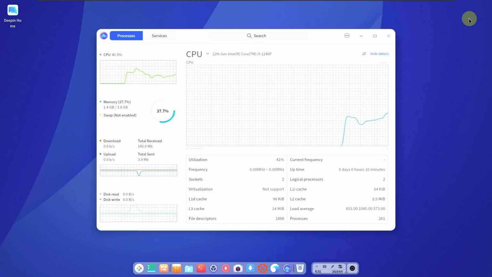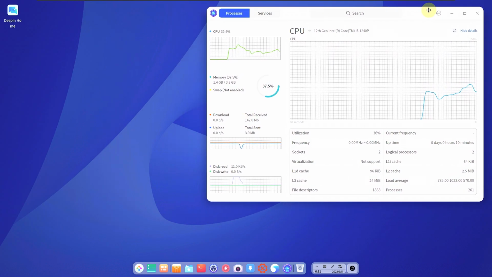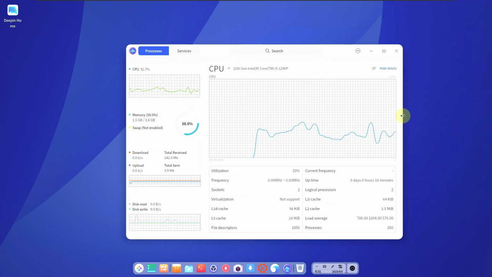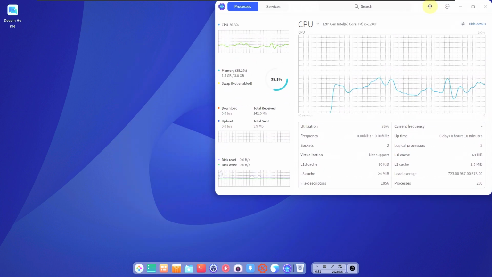Here is the CPU. Let me put this in the right side corner because I'll be doing it in every Linux distro. I'll put the system monitor at the right side corner so you can get complete information, or you can check the changes in the CPU. It's not allowing me to change the size. It's this much bigger, no problem. Let's keep it like that. Can't even change the size of the system monitor. So let's open the terminal,